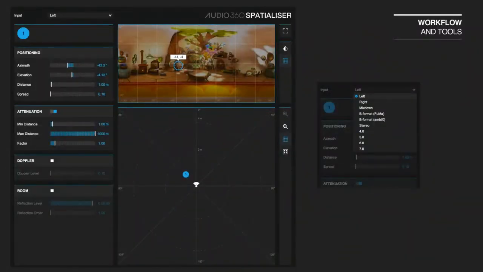So Hans talked about this. We've got Spatial Iser, which is a plugin where you spend most of your time. It helps you position sounds in 3D space. On the top view there, you can see me following the character with my mouse. It's basically the 360-degree video that's flattened out. If you've seen a map of the world, it's a similar projection where you take something that is wrapped around a sphere, like a 360-degree video, but you flatten it out. And you can follow